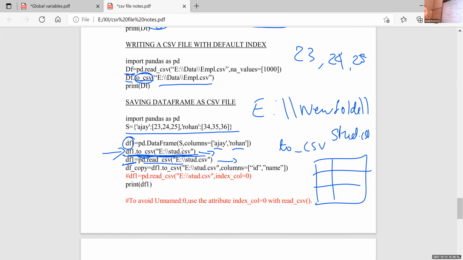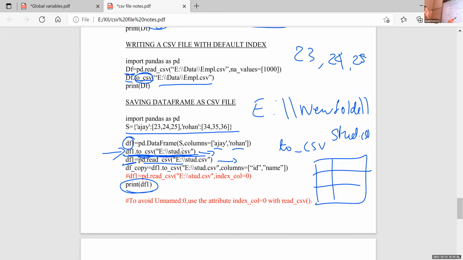df1 is another variable name. So after converting this data frame into CSV file, this is the statement to convert data frame into CSV. And after that, I'm reading some data from that CSV. These are the data included in that CSV file. So we can read that data from the CSV file. I just use that read_csv statement to read the data from that CSV file. Then this is the statement to read the content. After that, you can just print df1. If you just print df1, you can display the content of that CSV file.